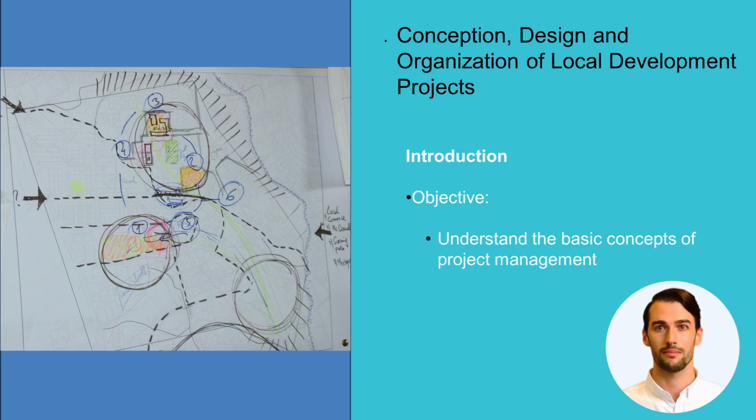Management of local development projects involves improving a geographic area by increasing its economic, social, or environmental well-being. This requires collaboration with local communities, government officials, businesses, and stakeholders to plan, implement, and evaluate projects. Effective management includes strategic planning, stakeholder engagement, resource allocation, monitoring, and adaptive decision-making to meet objectives and generate sustainable benefits